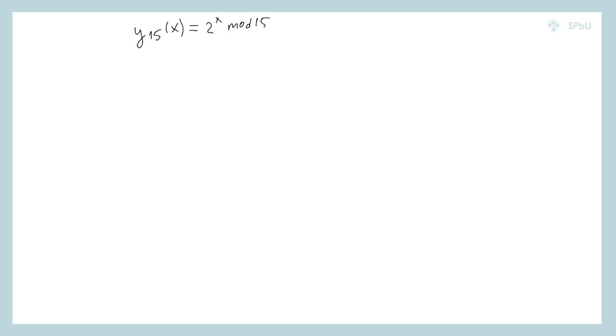And the order of this function r is equal to 4. That is, we can write that 2 to the power of 4 is equal to 1. If r equals 4, then the value of the function will be changing periodically, and I can write that the remainder of dividing 2 to the power of 4 by 15